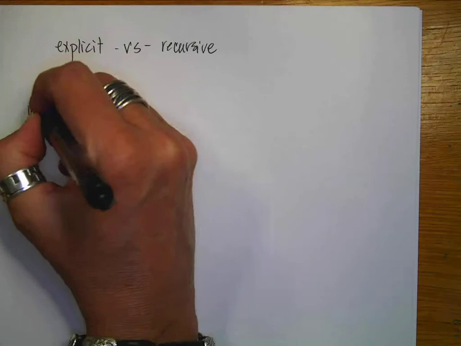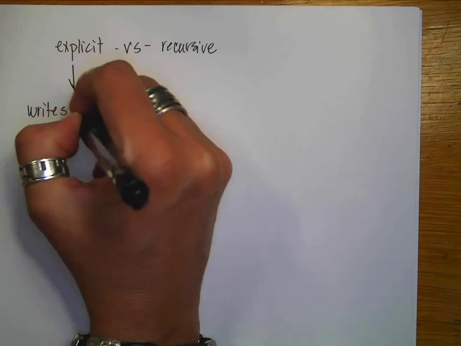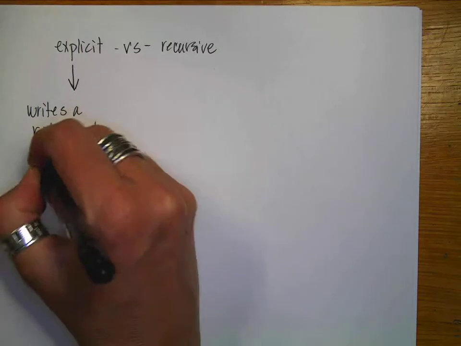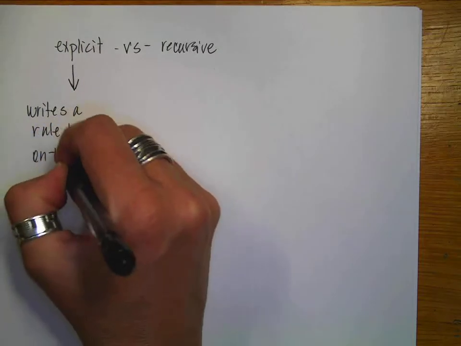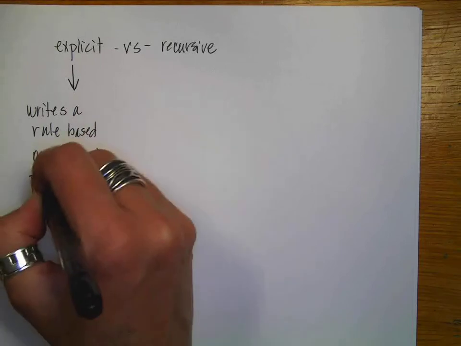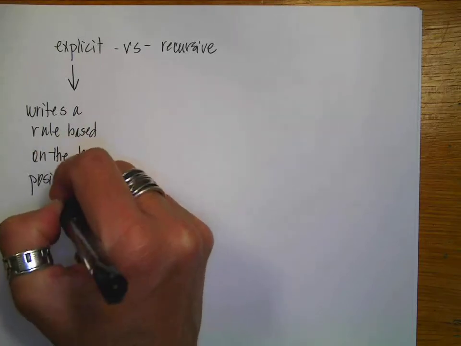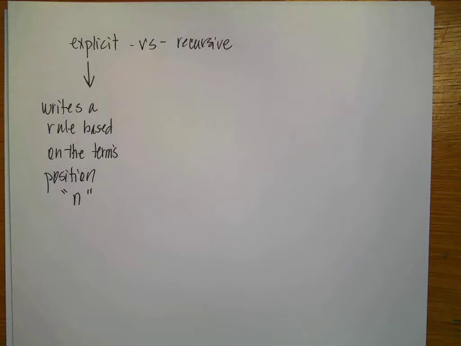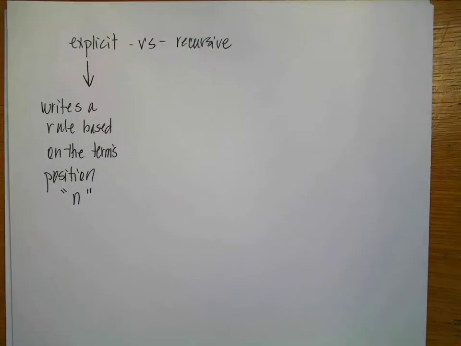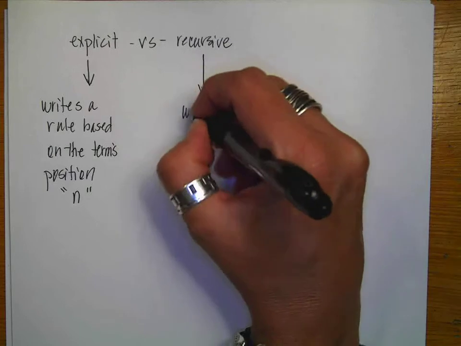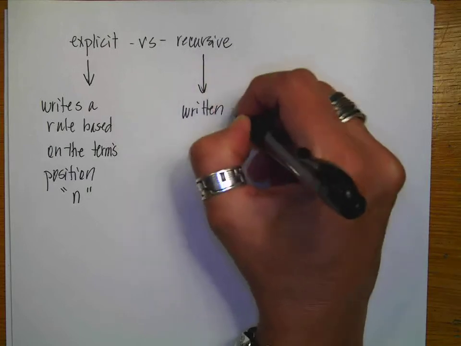So an explicit formula writes a rule based on the term's position. So that's going to be written in terms of n. Let me zoom out a little bit so you can actually see what I'm writing. Okay. All right. A recursive formula, on the other hand, is written